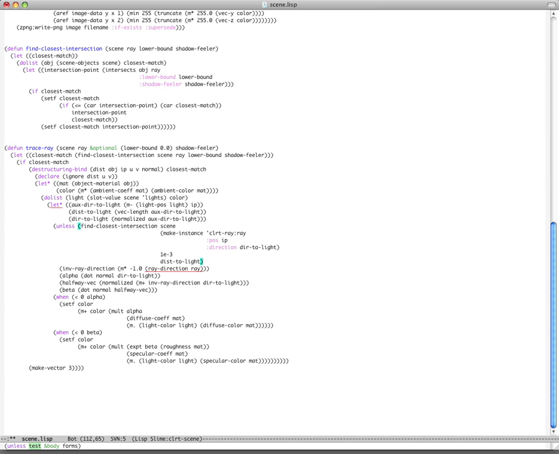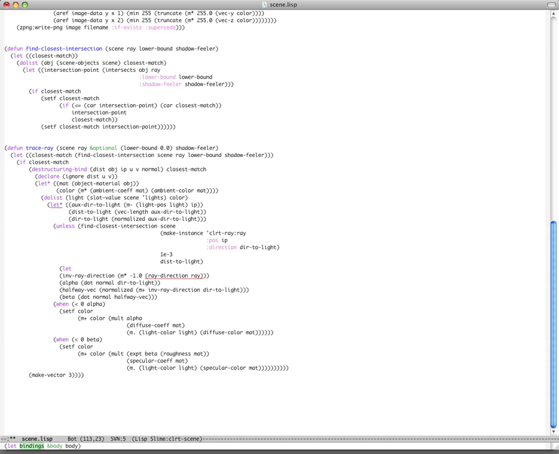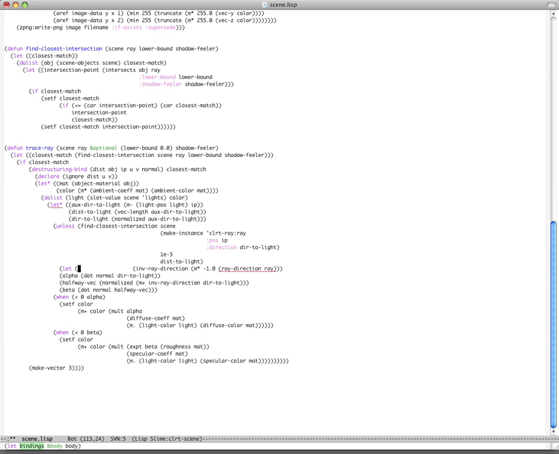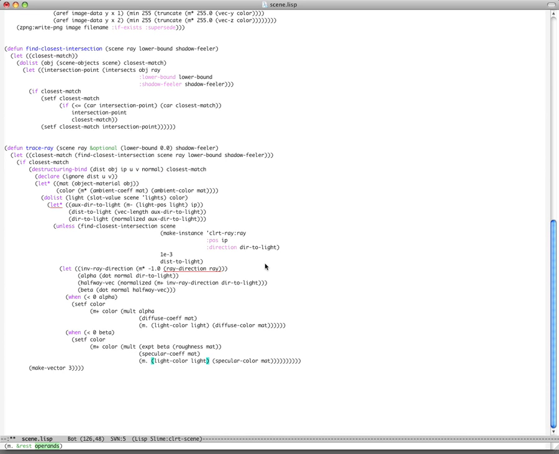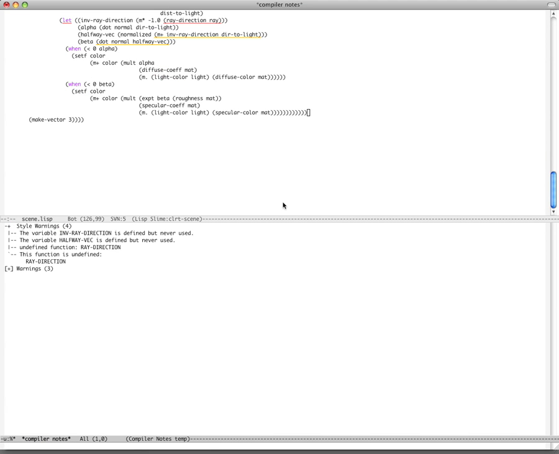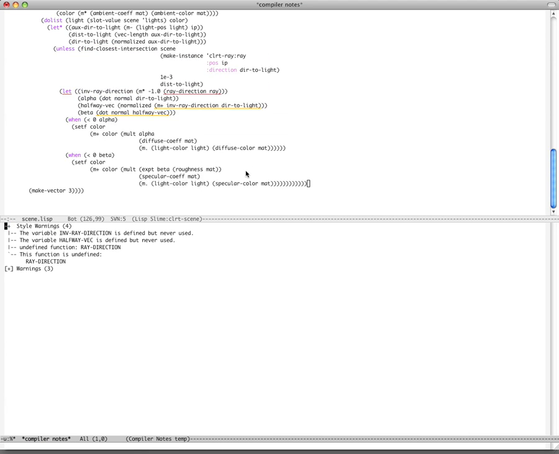Okay, unless this. Here, yeah, we have to use another let of all those things here. I have to see if the parentheses are okay. Yes, here they are. We're only doing this if there is no intersection. We're adding up the color. Yeah, that's it. Okay, compile this. Still have some style warnings. The variable inverted ray direction is defined but never used. Yeah, again, let star, and